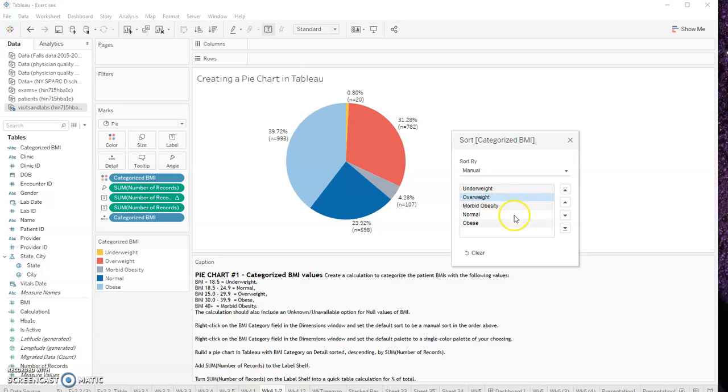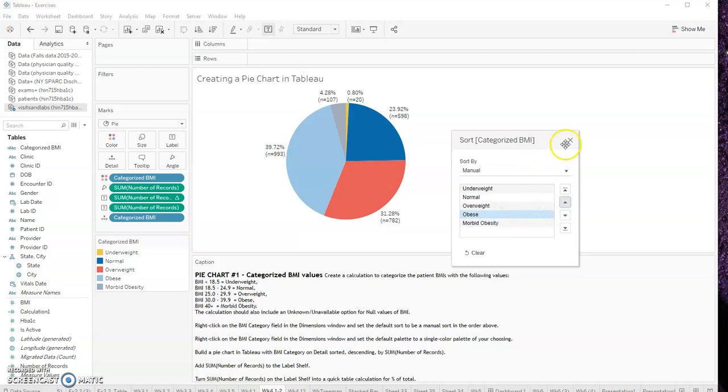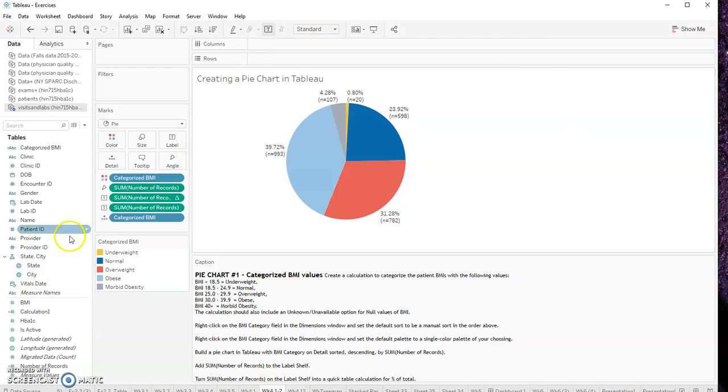The next is normal. So we're going to bring normal up simply by clicking on these little arrows. We're going to do overweight, which is there. Obese is next. And then morbid obesity is the last one. So we're going to close that. So now we have our legend nice and ordered. You can see they're ordered here, slightly different. We have our 39.72%. We also have our 31.28%